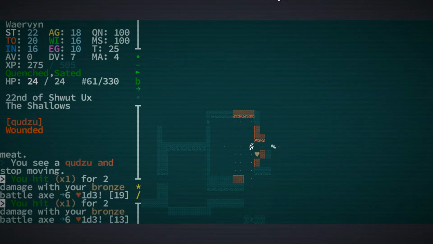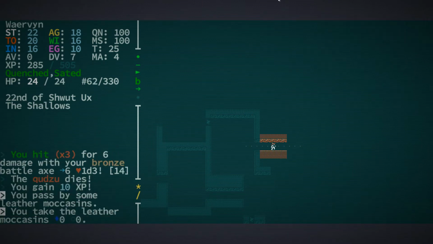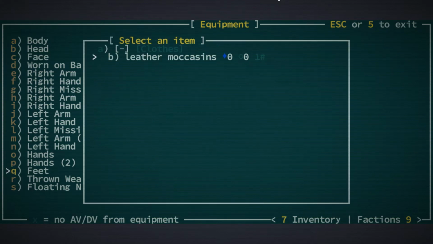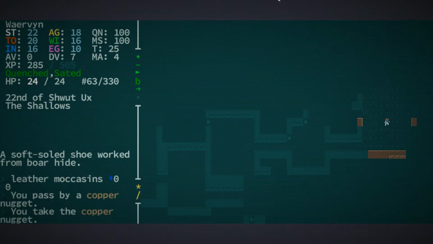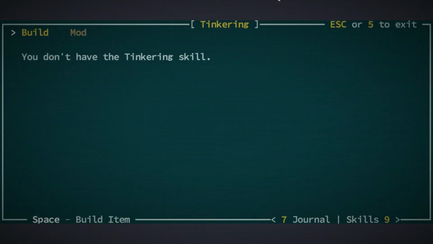You hit the kudzu. And then we have leather moccasins. So are we already wearing any of those? Is that here? Yeah, they don't actually really give us anything. There's basically an armor and a dodge value penalty on the armor, but both are 0. But at least we have shoes on. Here is a